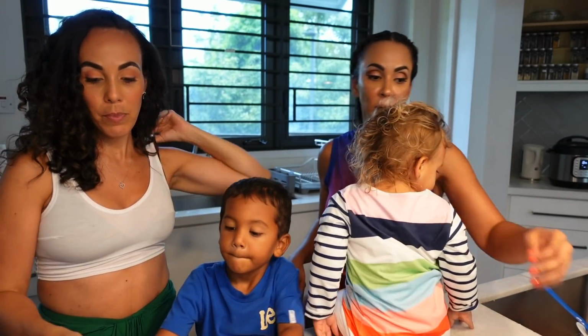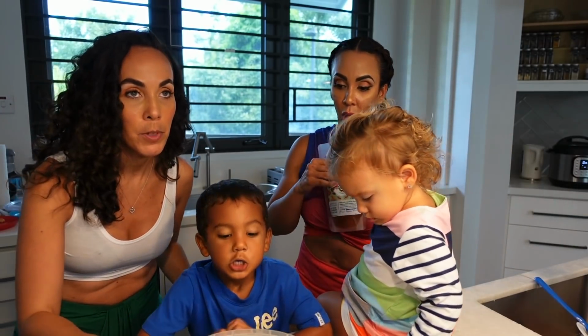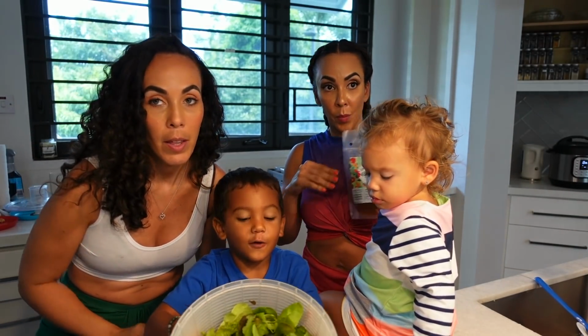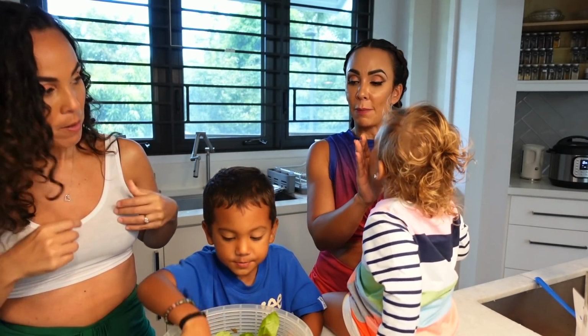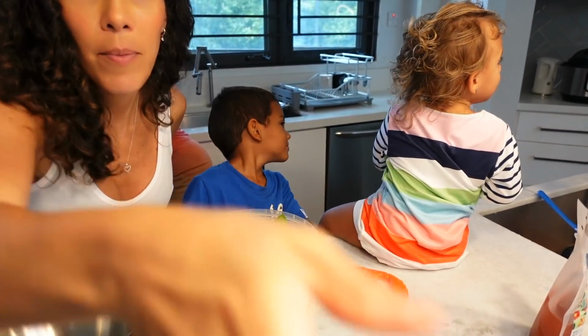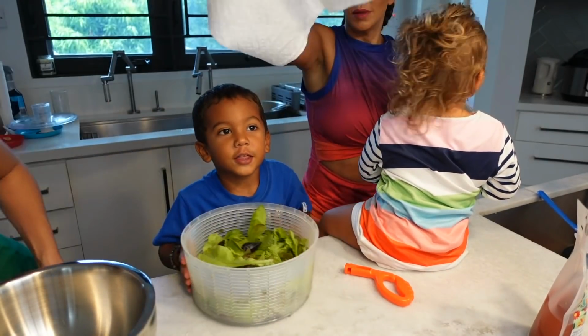So we have our Smart Grow mixed greens here. Show them. So it's all covered up. Do you want to put a piece of paper towel on the bottom just to keep it dry? Yeah. So we also are going to need...